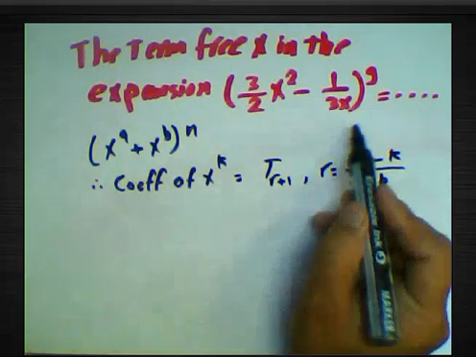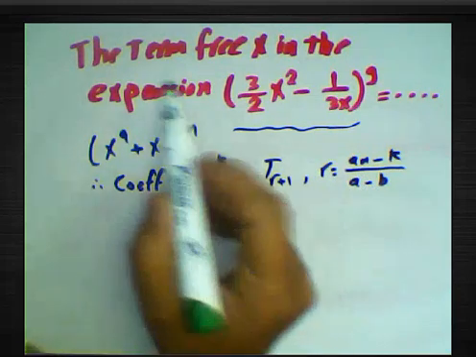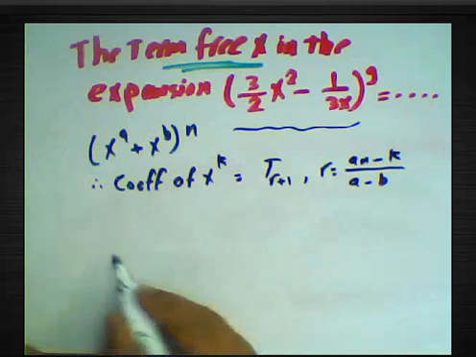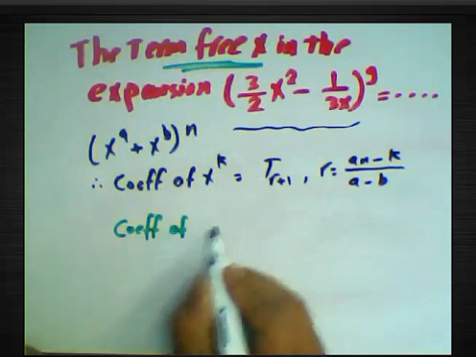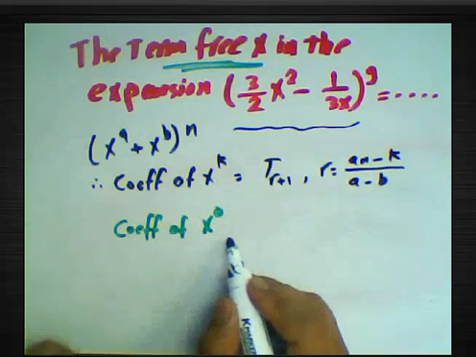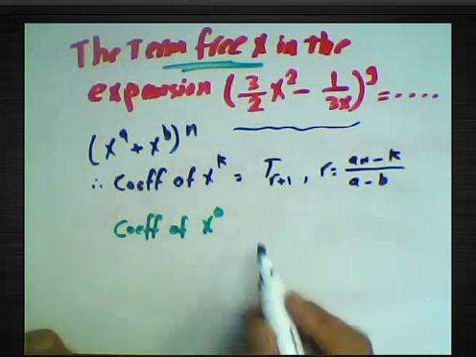And what about this expression in the example? In this example, we can find the coefficient of the term free of x. It means the coefficient of x power 0. Coefficient of x power 0 means the term free of x, meaning x power 0. Then